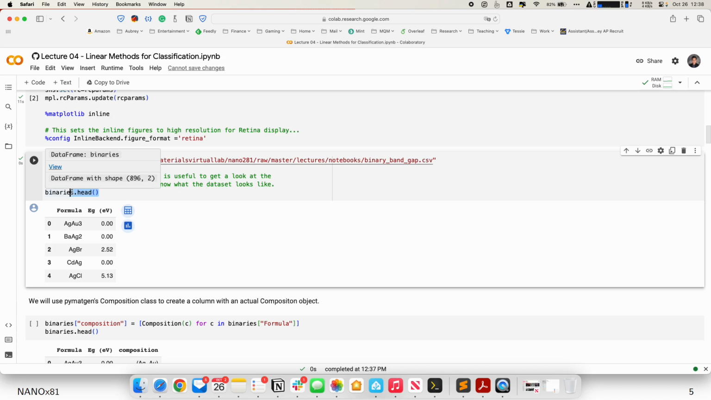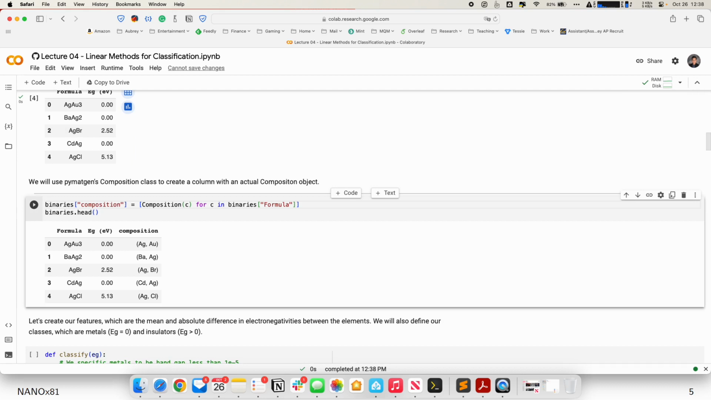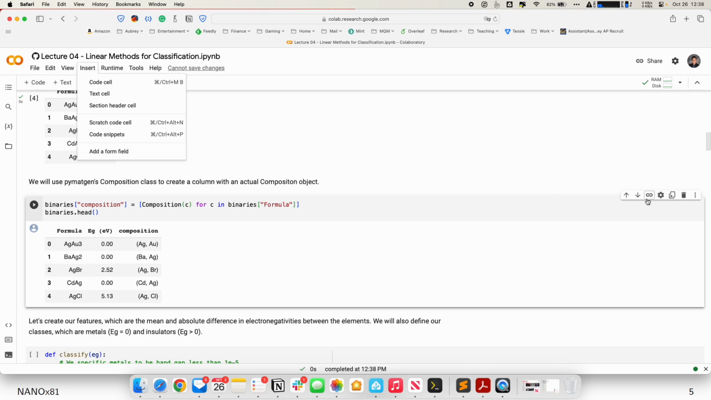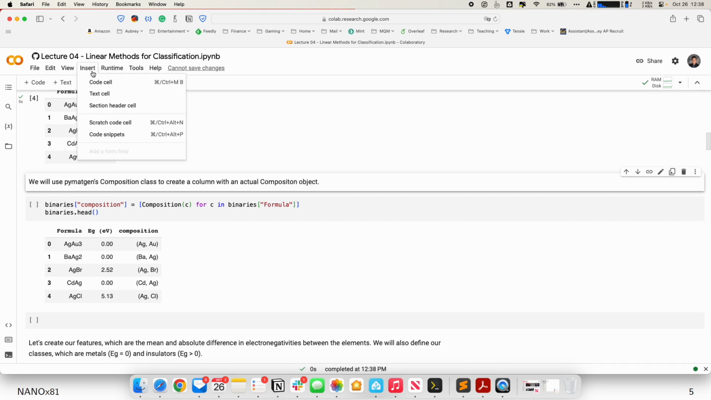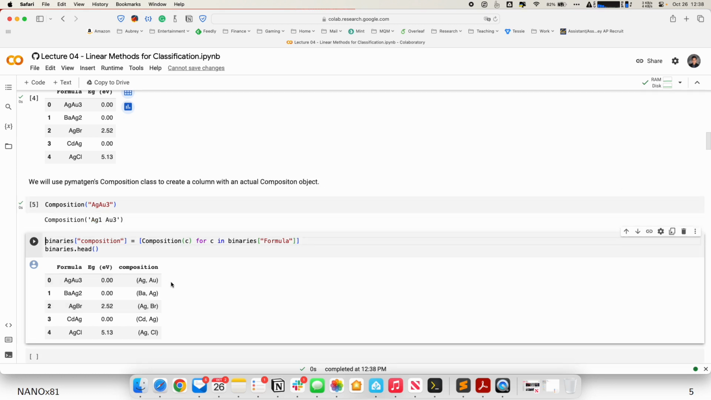Now, one of the things that you need to be able to do is to use the PyMatGen composition object to basically generate data. Okay, so let me first show you what the PyMatGen composition object does. I'm going to insert a code cell here. So let's take the formula AGAU3, right? So what happens when I pass something like AGAU3 into the PyMatGen composition class? Basically, what happens is that